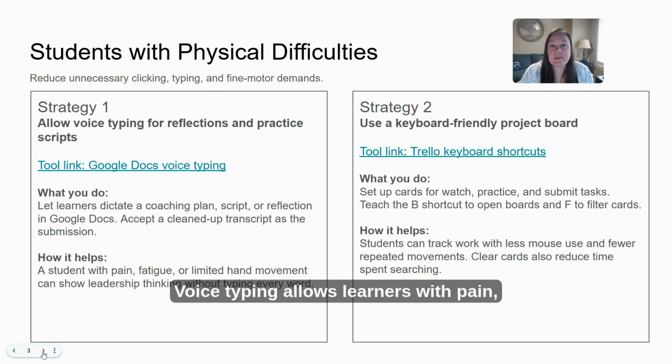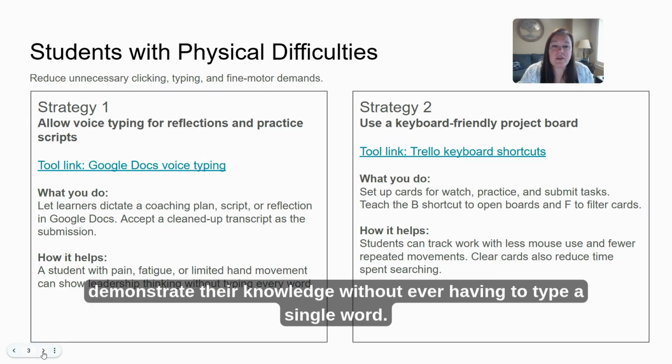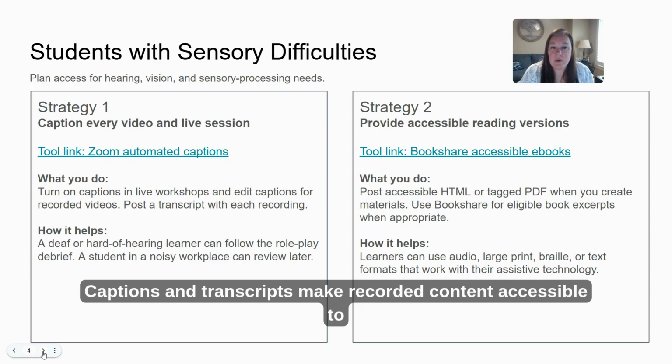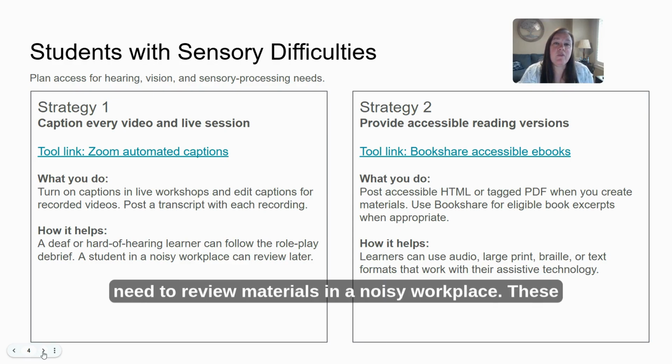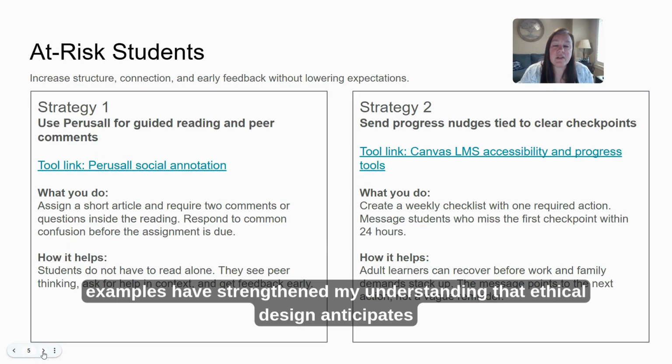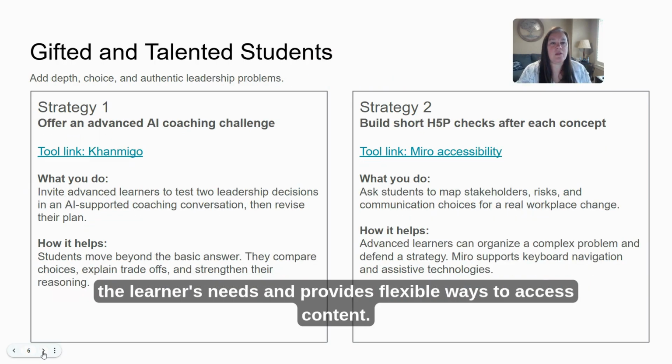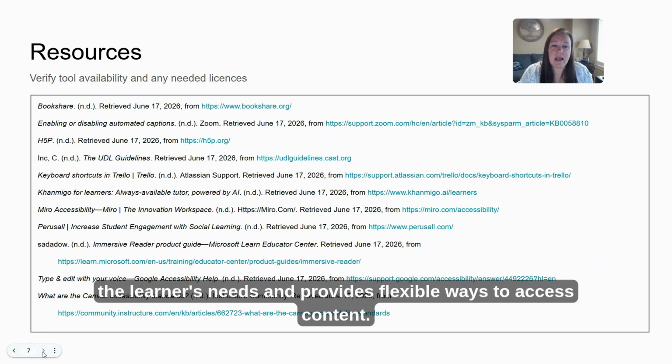Voice typing allows learners with pain, fatigue, or limited hand movements to demonstrate their knowledge without ever having to type a single word. Captions and transcripts make recorded content accessible to learners who are deaf or hard of hearing, as well as supporting those learners who need to review materials in a noisy workplace. These examples have strengthened my understanding that ethical design anticipates the learner's needs and provides flexible ways to access content